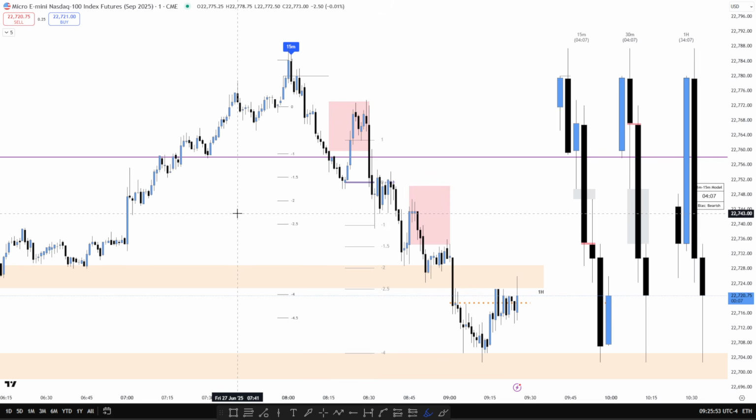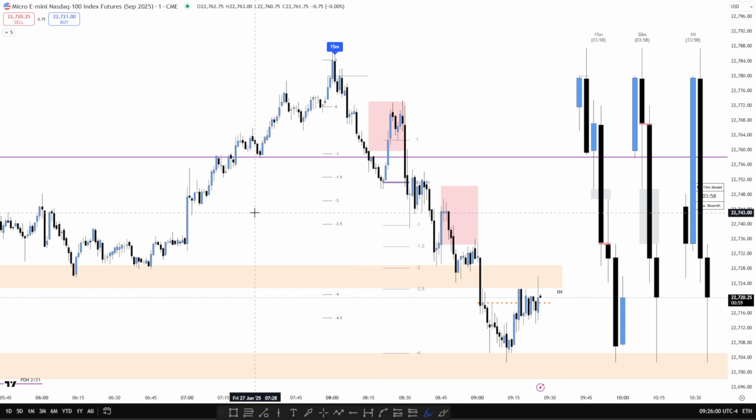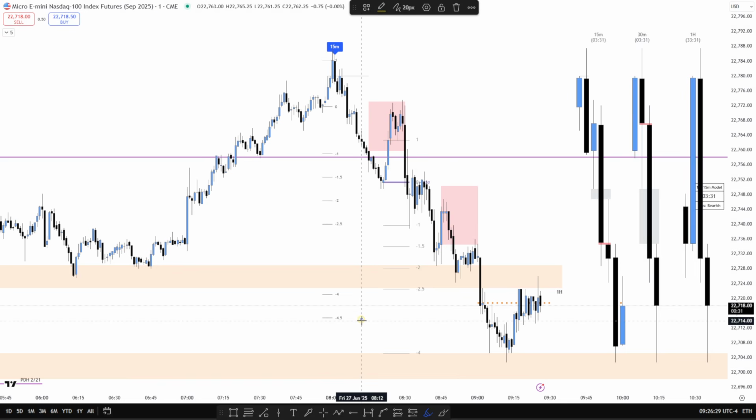So I guess the one thing that I would say for people that ask me about the Fractal model is you simply can't take every sweep when a sweep occurs. There has to be a reasoning behind the sweep, and you have to know what the draw on liquidity is after you take that sweep. And that for me is where the higher time frame PD arrays come in. They have to be there, in my opinion, for you to take that trade. I zero in on the fair value gaps. Obviously, previous day high, previous day low, but the 1 hour fair value gaps are what do it for me.